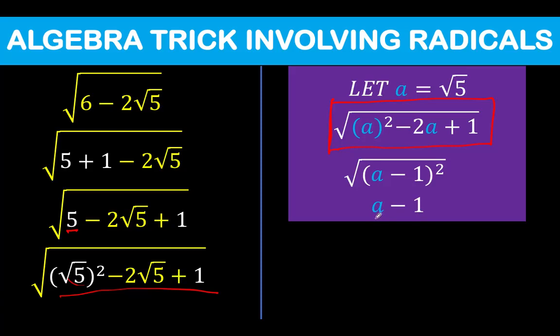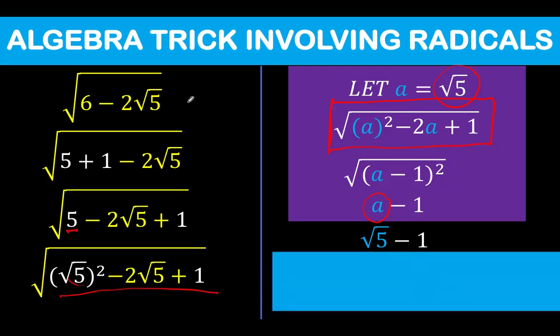But what is the value of a? We know that this a is equal to square root of 5. And therefore, we can now substitute back square root of 5 for variable a. And so instead of a, we now have square root of 5, and we just copy the minus 1. Therefore, this original expression, the square root of 6 minus 2 square root of 5, is simplified as square root